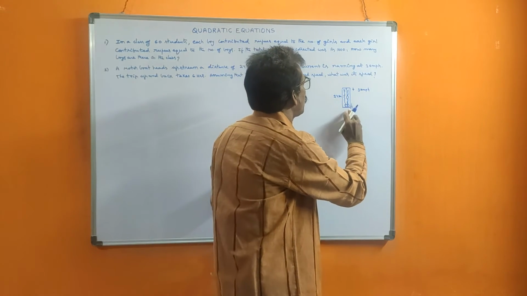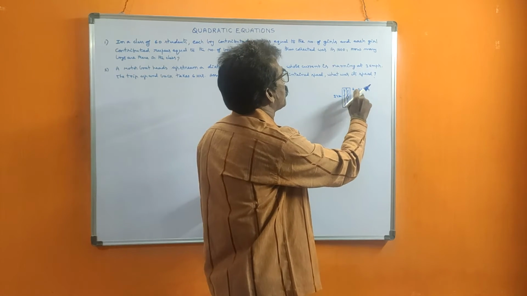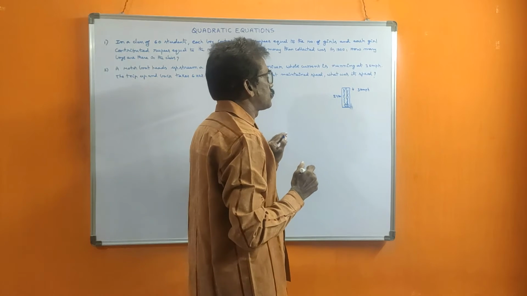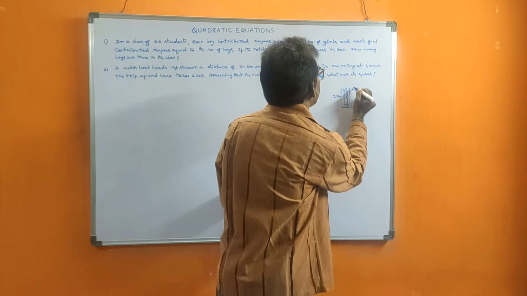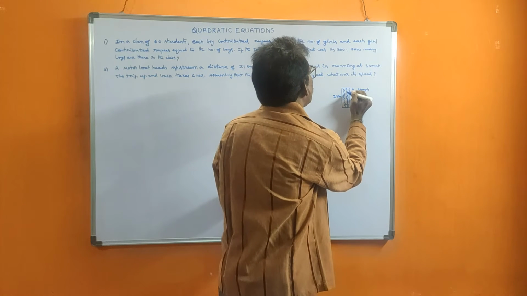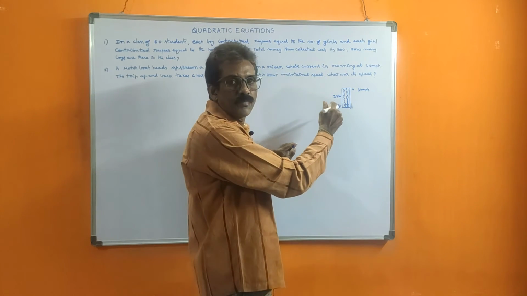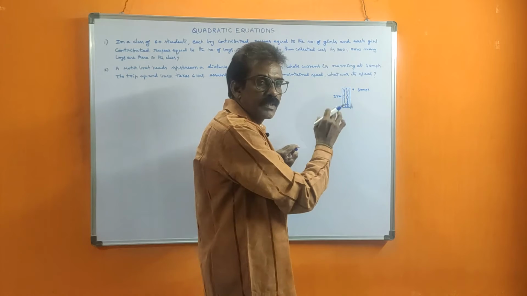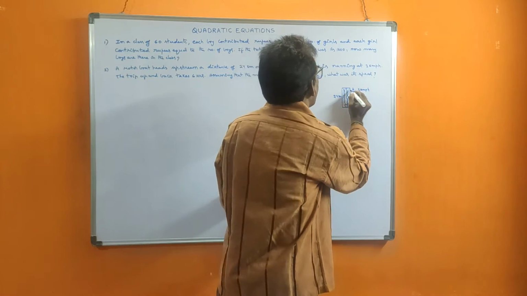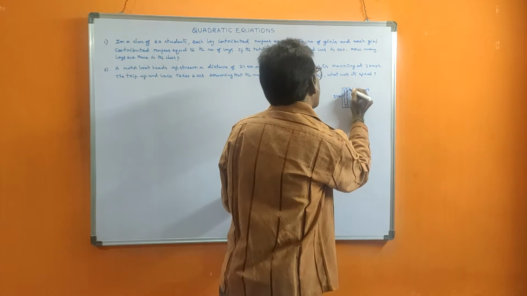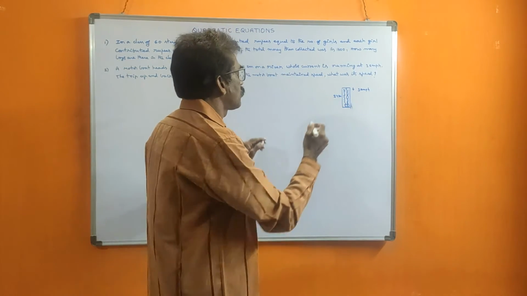Then when he is moving upstream, against the flow of the current, what will happen? Its speed will reduce by 3 kmph. The current of the water is in this direction and he went in the opposite direction, so the speed is reduced by 3. If the boat's speed is x, then upstream it is x minus 3. When he is coming back, the water and the boat both move the same way, so we add: x plus 3.